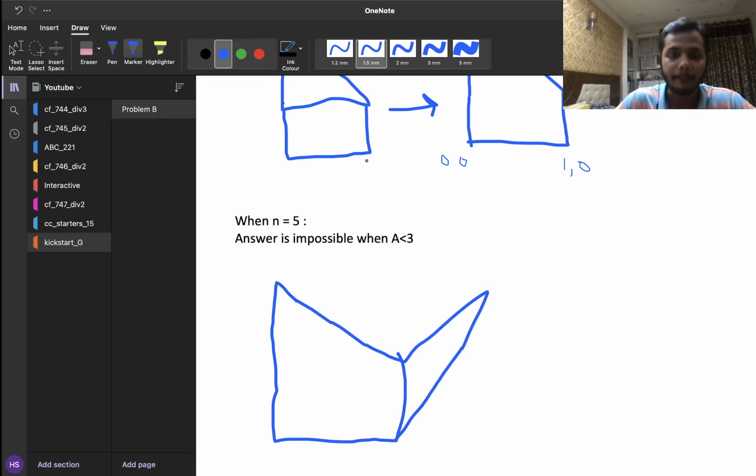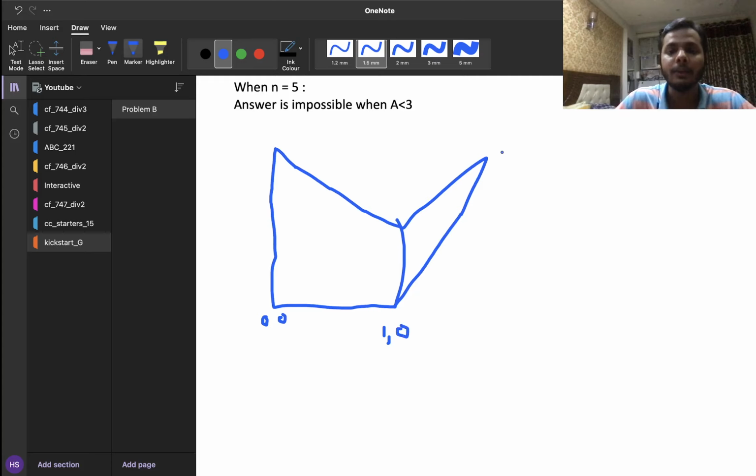And the points are going to be 0 comma 0, again 1 comma 0, and this point is going to be 2 comma 2 every time. So if this point is 2 comma 2, then the area of this triangle comes out to be, I'm sorry, half, right? The area of this triangle is half and the area of this square is 1, and for the rest of the region I need to make something, and if I choose this point as 0 comma A minus 3,